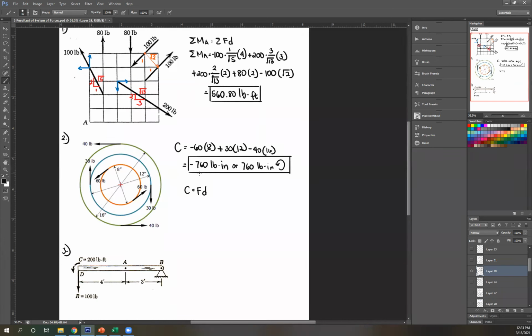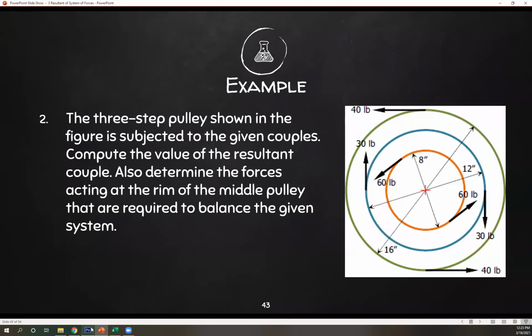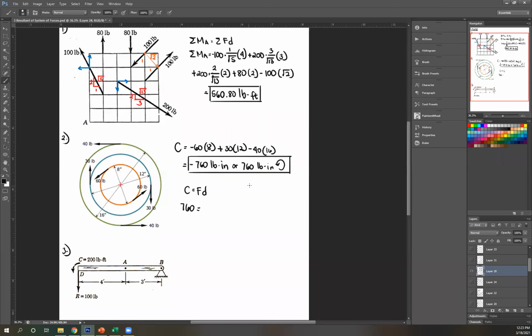Okay. So now what you're gonna do, we're gonna take the magnitude of your couple, the resultant couple, which is 760, then equate it to your force. And it states here in the problem, force at the middle pulley. Okay. So our resultant is counterclockwise. So to counter that, my force should be clockwise. Okay. So now establishing forces clockwise, the direction would be this as well on the blue pulley or blue circle. So that's your F. And distance between them is still 12, since again, we're restricted to placing it at this circle, so 12. Therefore, solving for F, we get